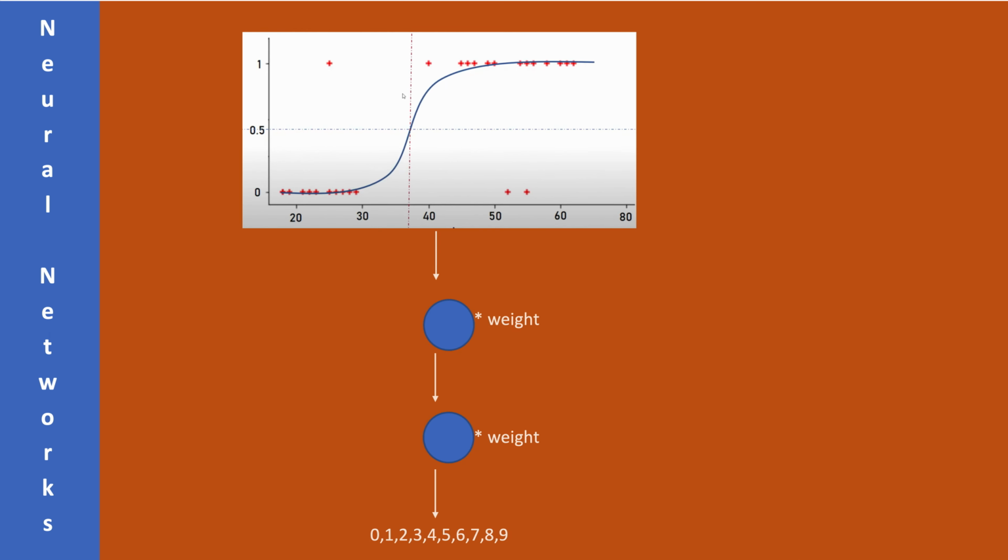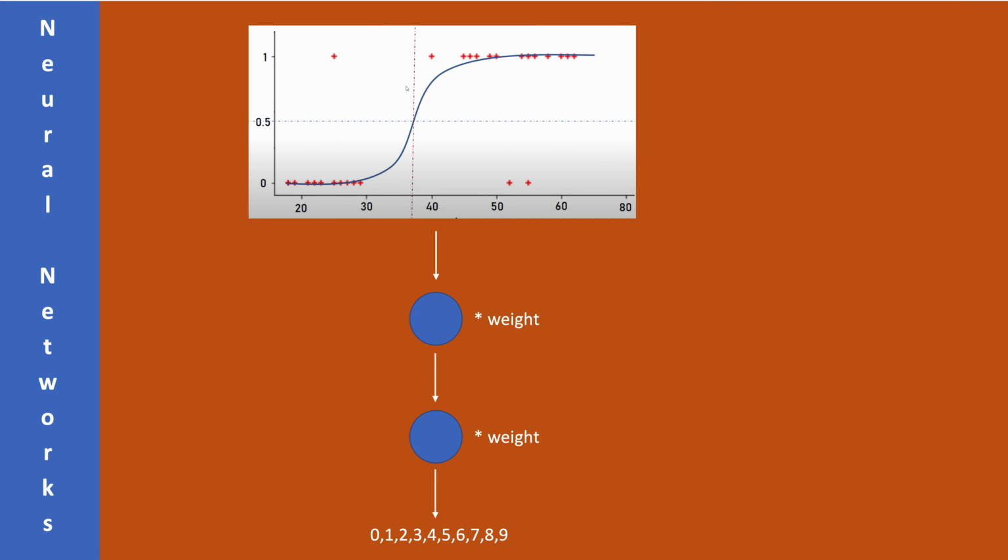So this is what happens in every single neuron, and then based on which neuron is better at predicting the target variable, which neuron has found the best fitting line, each neuron will be multiplied by a weight to either reduce or increase its impact on the final prediction. If the neuron is good at prediction, it will get a higher weight. The highest weight possible is 1 and the lowest weight possible is 0. If the neuron gets a high weight, or if it gets 1 as a weight, its prediction will have full impact on the output. If the weight is 0, the neuron's prediction will be multiplied by 0 and will turn into 0, and so it will have no effect on the output.